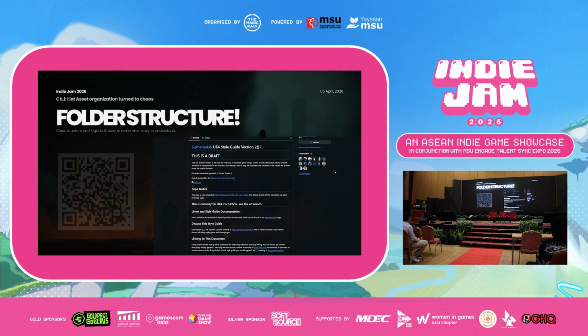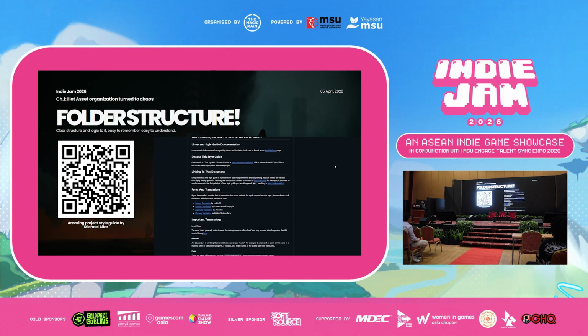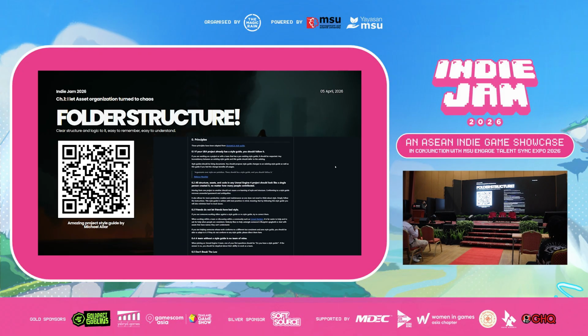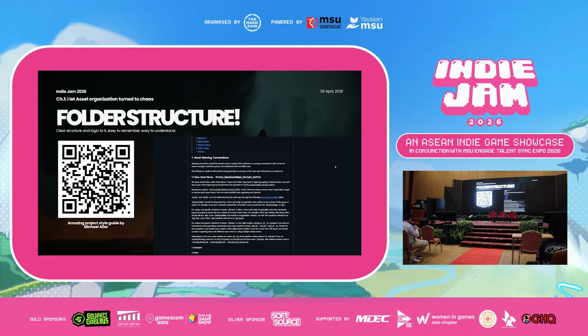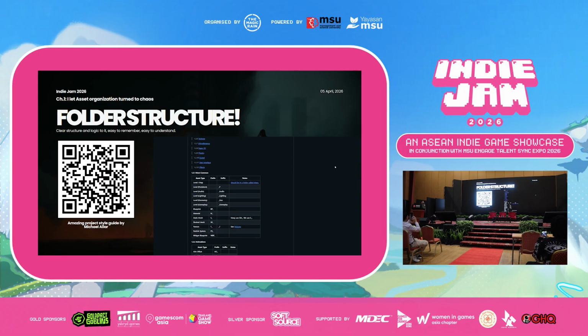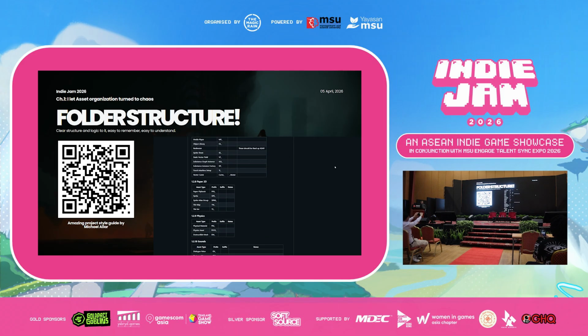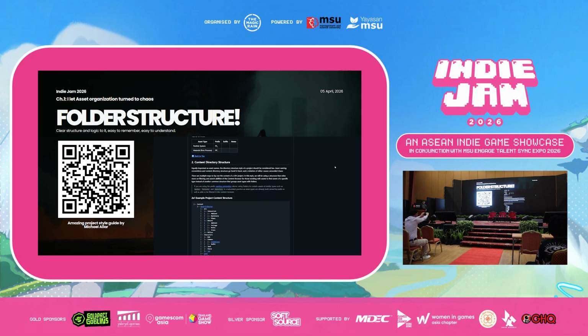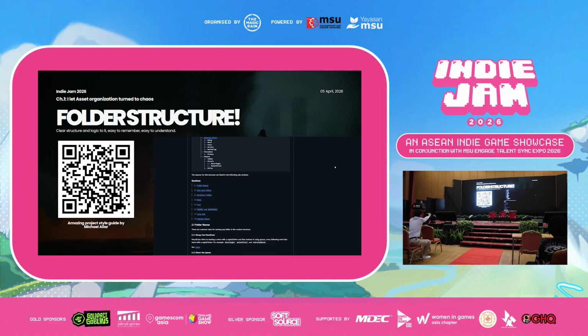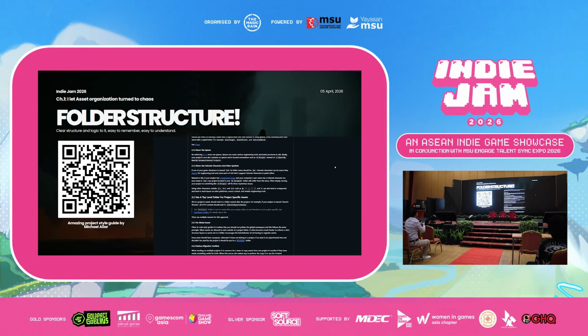All right, so this is probably one thing that is overlooked by a lot of teams, especially when you are a small team, which is folder structure. So please, do not skip this step by any means. I think what happened in Project 12 was that halfway through our vertical slice, our project was a mess. The foldering was a mess.